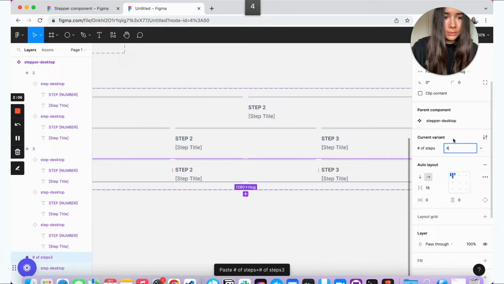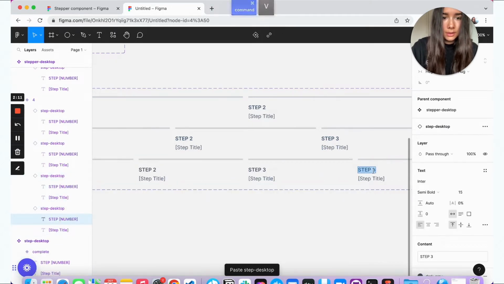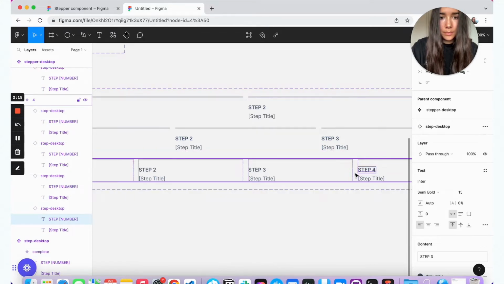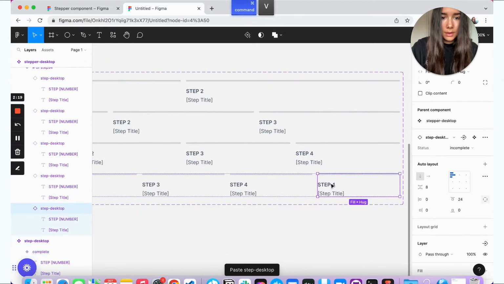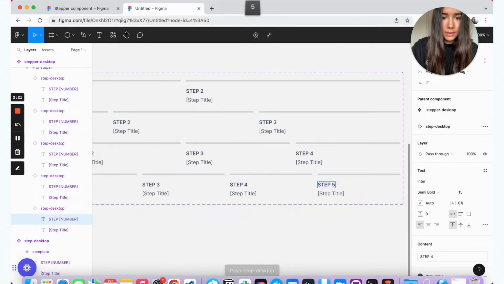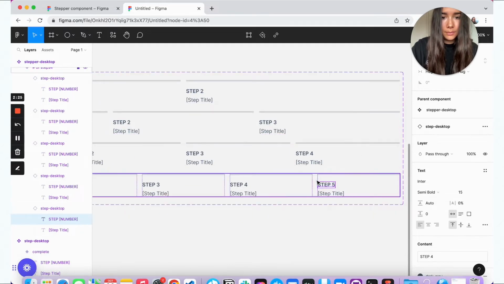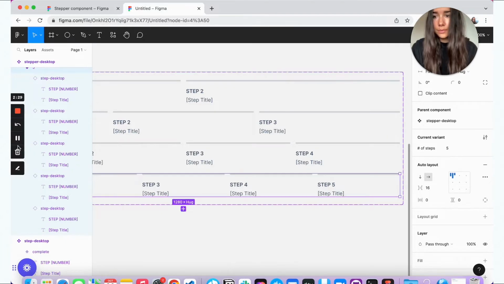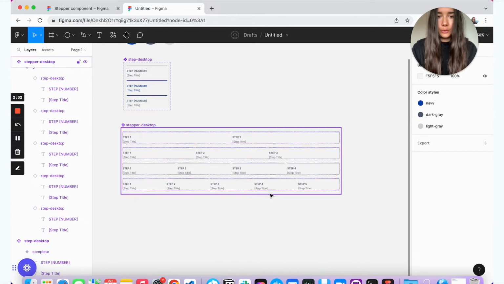This one's going to be 4. And this one is 5. And so now you have your 4 variants here.